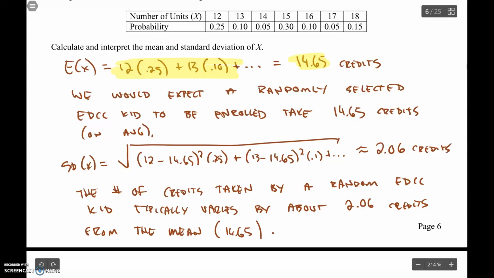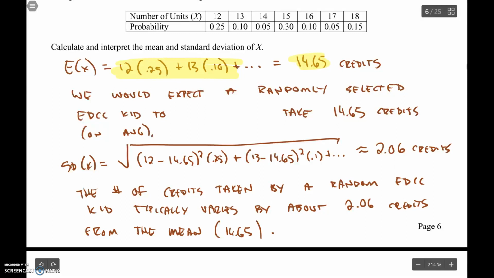then interpret it. We would expect a randomly selected EDCC kid to be enrolled to take 14.65 credit hours on average. For the standard deviation,